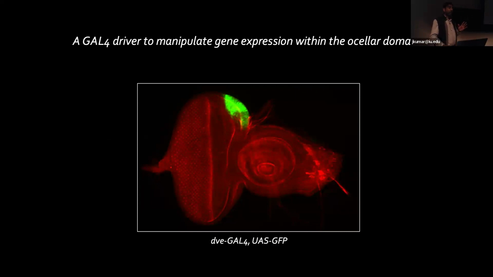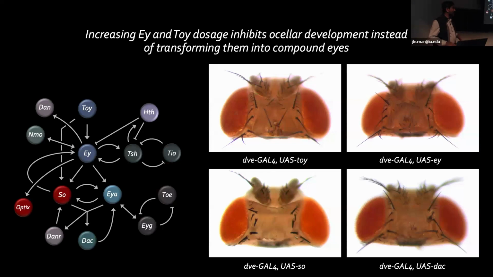So this is going to start off as being a disappointment, because what happened was when you overexpress twin of iris, cynoculus, or doxin, you can clearly see that we just kill the ocelli and transform them into head epidermis. Not at all what we were hoping to see. And of course, one thing that you can kind of note is that, remember, we're turning on the entire left end of this core pathway.